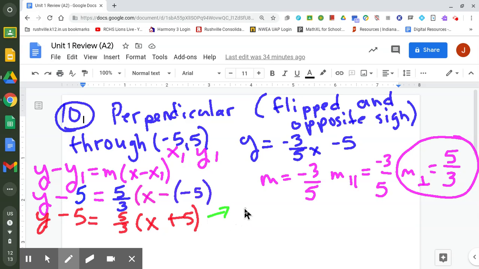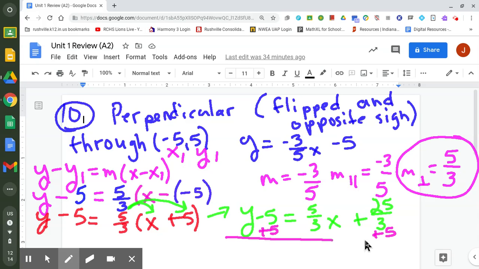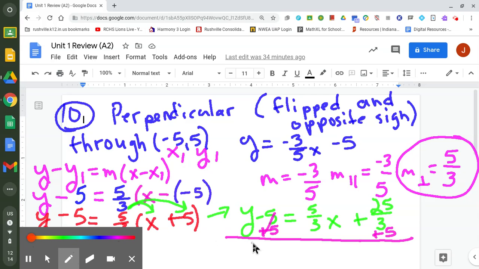well, not quite. We've got y minus 5 equals, and then I need 5/3 times x. So 5/3 x. And then 5/3 times 5 is plus 25/3. And then I need to get y by itself. So I'm going to add 5 to both sides of the equal sign. But since we use the Desmos scientific calculator, we don't have to worry about that fraction being something that's difficult to work with. So y equals